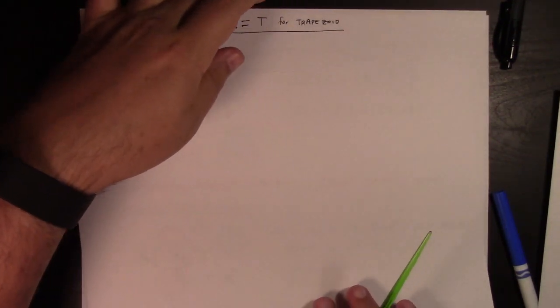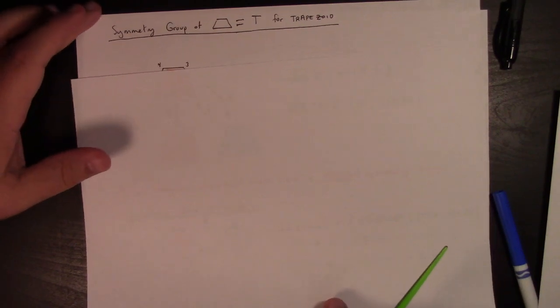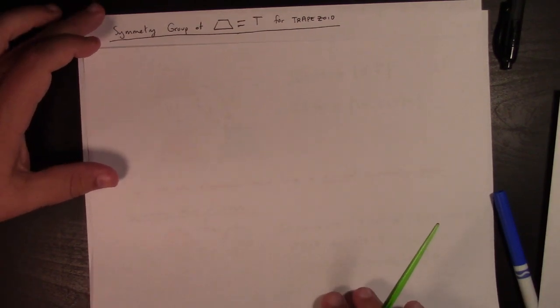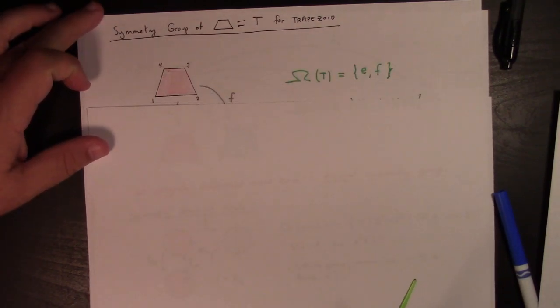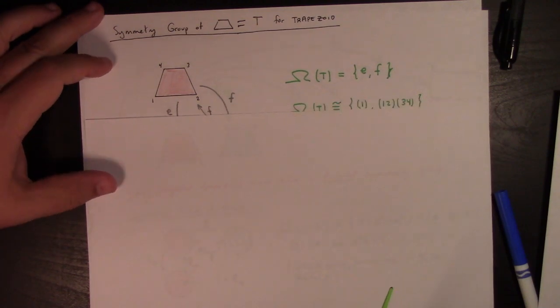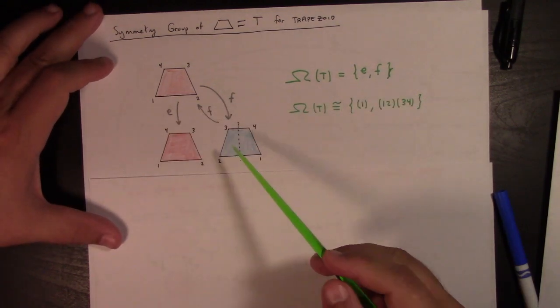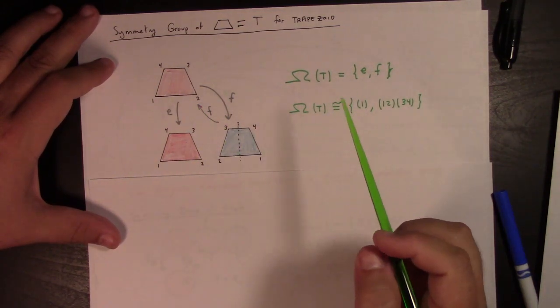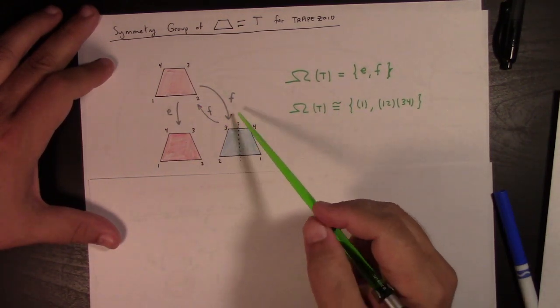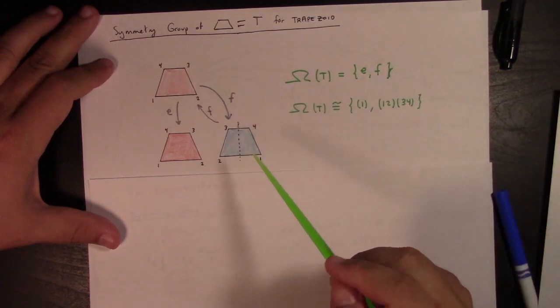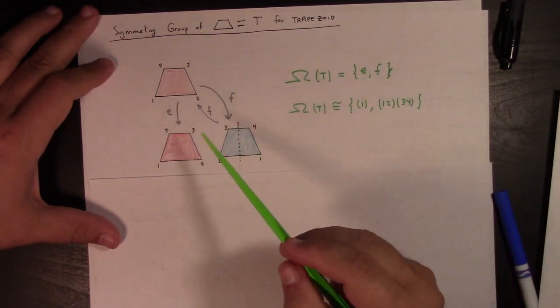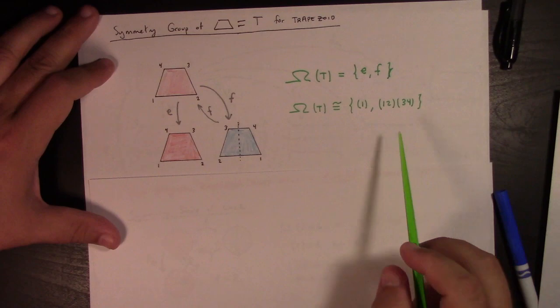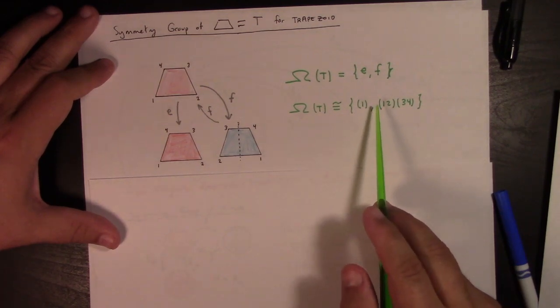Another group I thought would be fun, and it's kind of a little bit non-exciting, but trapezoid. So here's your trapezoid, your friendly neighborhood trapezoid. And this picture here, I thought about it for a little bit, and realized, well, I got the identity, and pretty much the only thing else I can do is flip it over the axis like that, and that's kind of all she wrote. So the symmetry group's got 2 things in it,